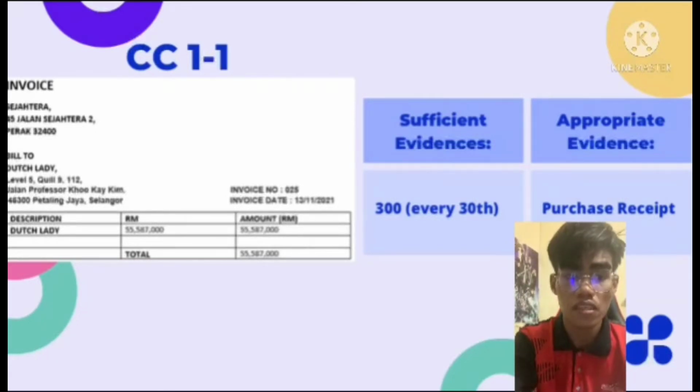For example, invoice from Sejahtera to bill to Dash Lady, invoice number 0 to 5, invoice date 30 November 2021, descriptions Dash Lady. The total price is